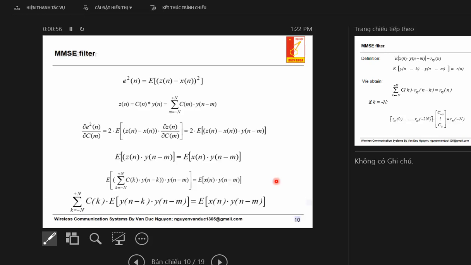Sometimes they also call it the Wiener filter. Application: channel equalization,